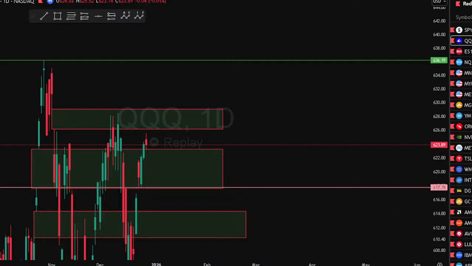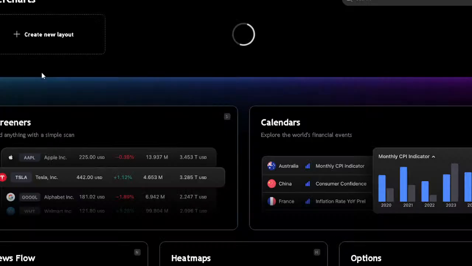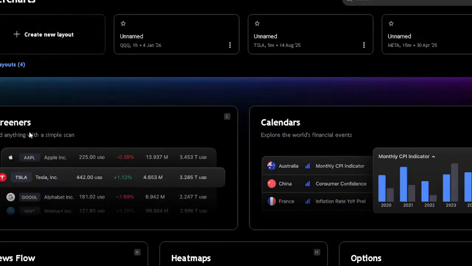If y'all don't know, TradingView does have a scanner on the desktop app. I never used it. We might have to do that one day in the stream. They might say scanner, screener. They got screeners where you can set like, show me only stocks that made a 60% move or got green candles for the previous day. You could set different filters, and it'll only show you all them stocks or futures that got your criteria. So you can be like, I want to only look at ones that got a new higher high,